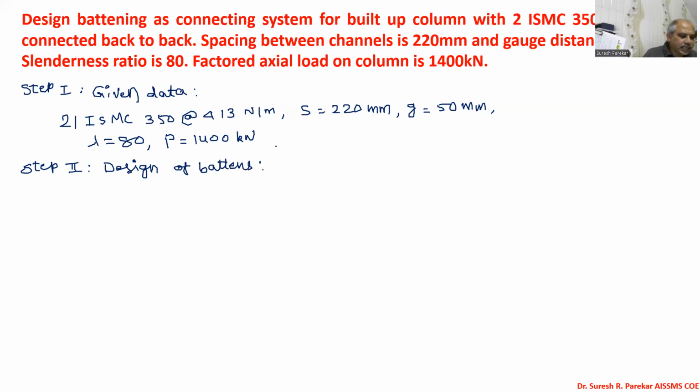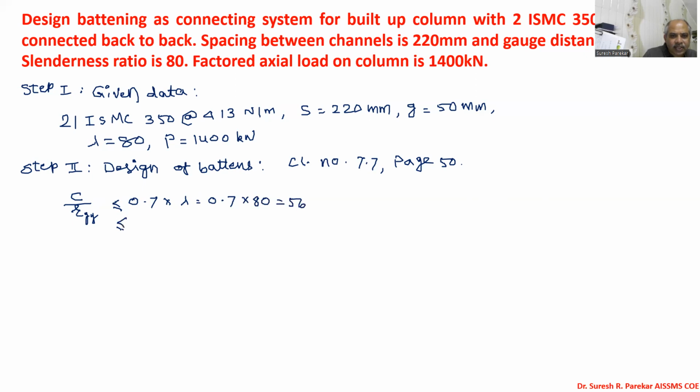So clause number 7.7, page 50. C upon RYY should be less than or equal to 0.7 into lambda, which is 0.7 into 80, that is 56. And it should again be less than 50. What is C? If we draw the diagram,